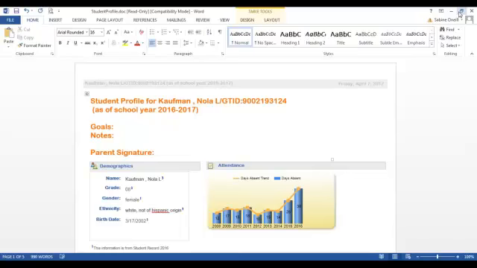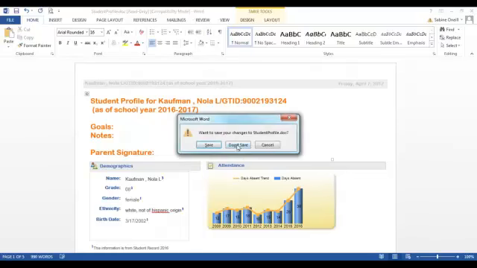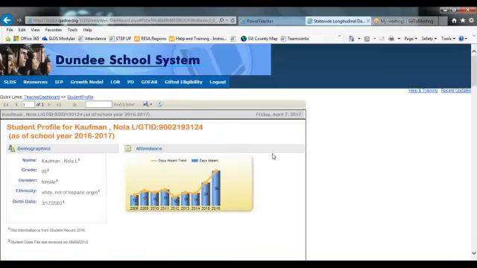Once you're done doing whatever it is you need to do with this document, you can certainly save it if you want. Otherwise, in this particular case, I'm not going to save this document. When I close out of that document, I'm just placed right back into my SLDS platform. And now I can do whatever I would like to do next. Perhaps I want to view another student's record, or perhaps I simply want to go to another location within my